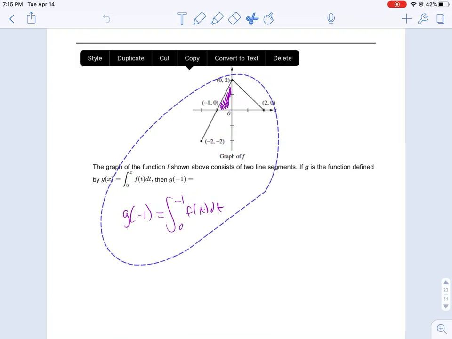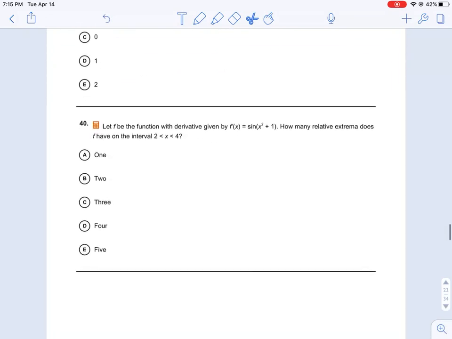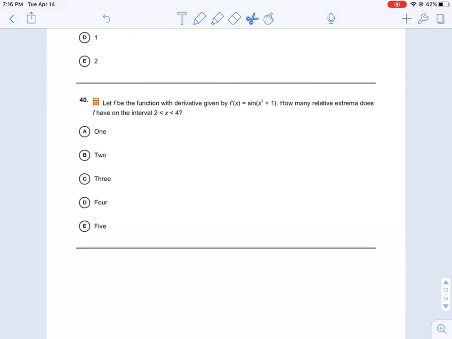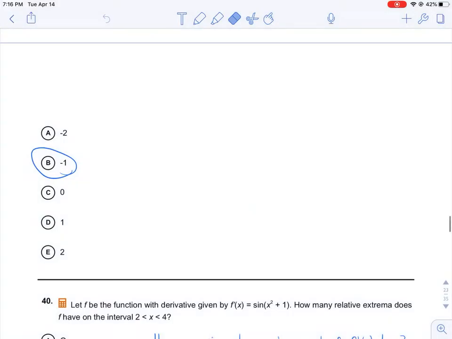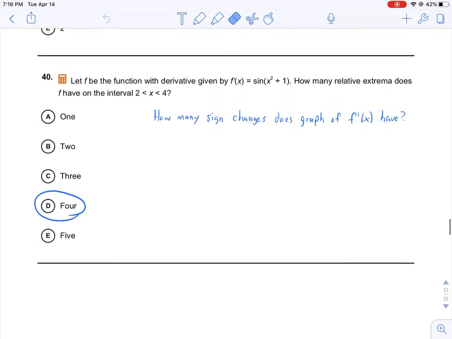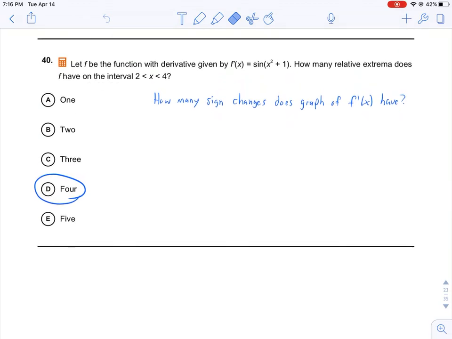And last question on this video, number 40. Let f be the function with that derivative. How many relative extrema does f have on 2 and 4? So remember, relative extrema are maxes or mins. So look at this graph on this interval only from 2 to 4 and see how many times it changes signs. So just graph it and look how many times it crosses the x-axis and changes signs. And you should end up with 4,